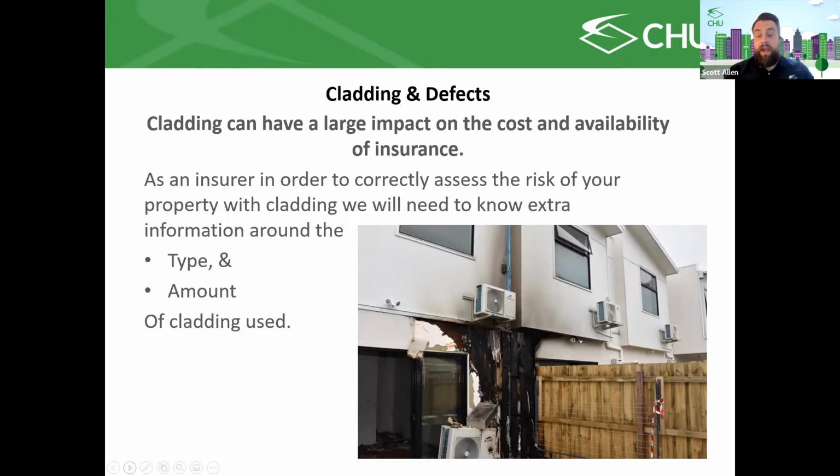That fire you can see there is one of CHU's properties. It is a two-story townhouse. Bottom and top are EPS. The entire walls at the rear, and I believe the front, are the same. That fire was caused by an exposed wire from the air conditioner you can see at the bottom of the picture. It had rubbed against a batten inside the wall. It had eventually become exposed. It had sparked into the...